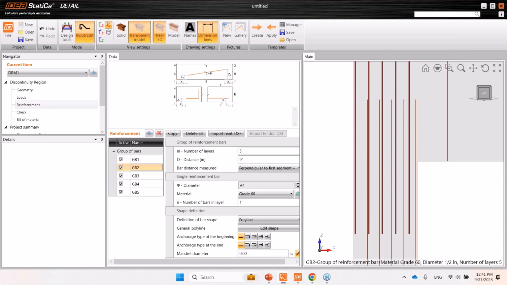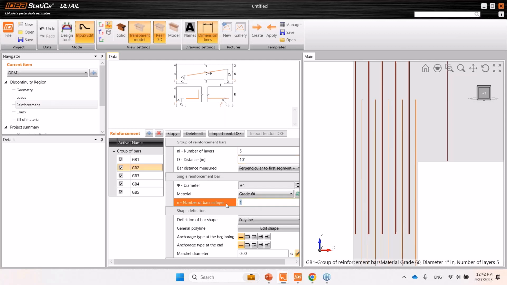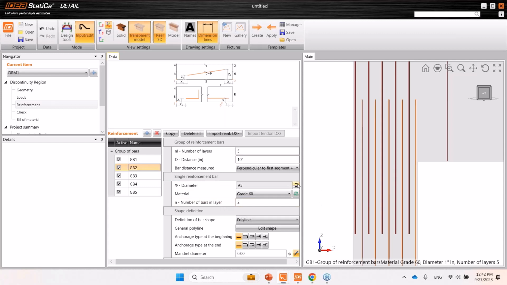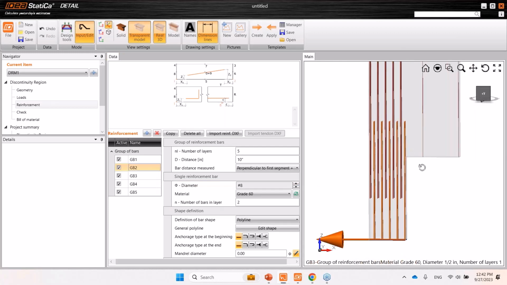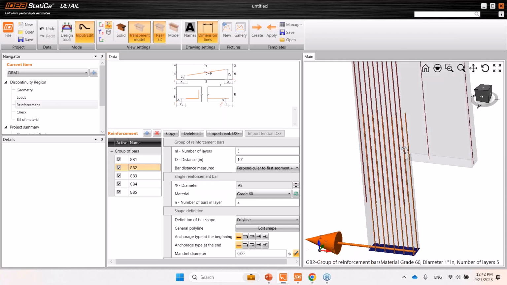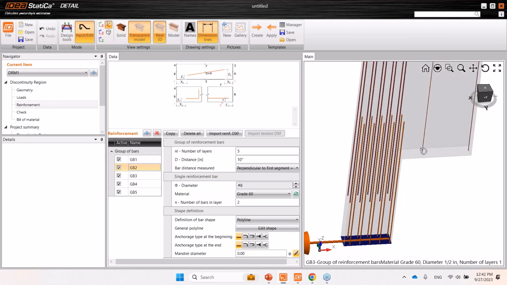Let me just put the correct dimensions over there. Now again, that will be 10 inches. Okay, 2 bars in each layer. And again, that will be 1 inch bar diameter, 1 inch diameter for those bars. All right, so